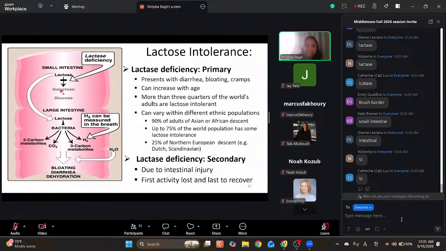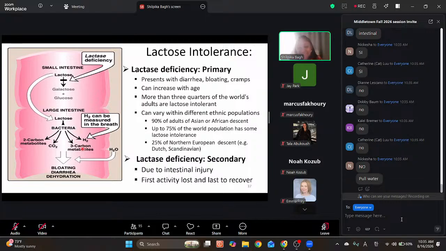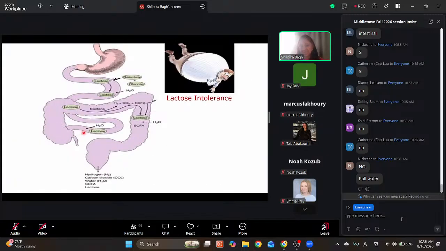But if it is not digested and reaches the large intestine, is it good to have a disaccharide there? No, it will be osmotically active. It will draw in water, causing watery diarrhea. Fermentation products will cause cramps and pain. And that is why one of the fermentation products, hydrogen, is used in the non-invasive hydrogen breath test